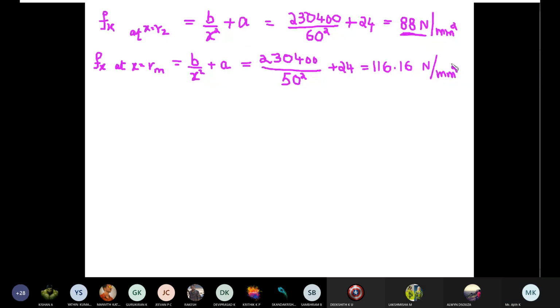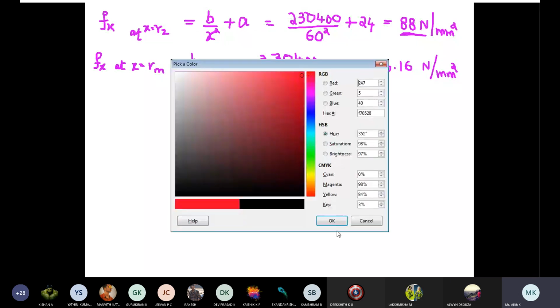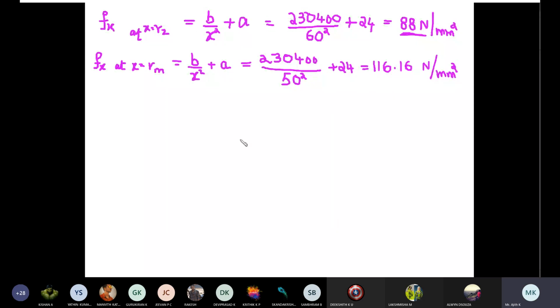We have calculated the px value at 3 different points, and the fx value at 3 different points. Now we have to plot the stress distribution. Last one step, we have to plot the stress distribution. For that, we'll consider one section of the cylinder. This is the center of the cylinder. This we let it be R1, and let it be R2, the outer radius.